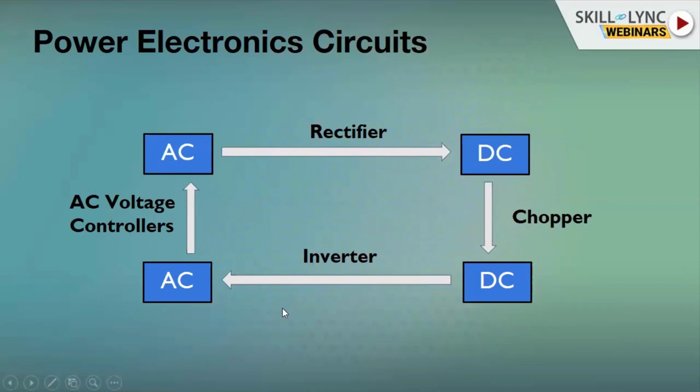Moving further, we have some applications like electric vehicles, where we have the induction motor or the AC motors which are used for propulsion. So the motor requires an alternating supply. But the storage unit available in the electric vehicle is going to be a battery source, which is nothing but DC.